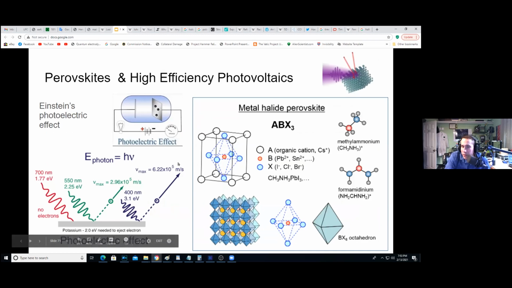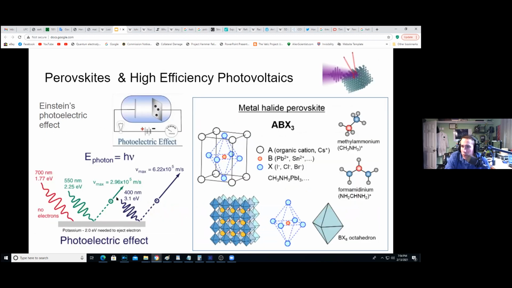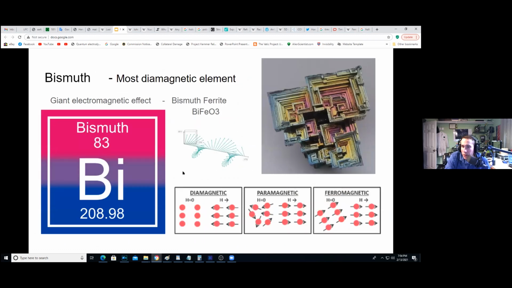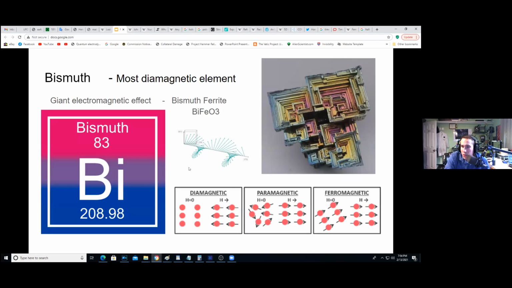we'll talk about perovskites and high efficiency photovoltaics. So it turns out that certain types of materials work really good as photovoltaic materials. And those metal halides tend to work really good, but perovskites are probably one of the best. And bismuth ferrite is currently used to make some pretty heavy duty solar panel material and solar cell material. But through material science and construction of lattices, we might be able to effectively make this kind of stuff even better. And we'll talk about that in a second.